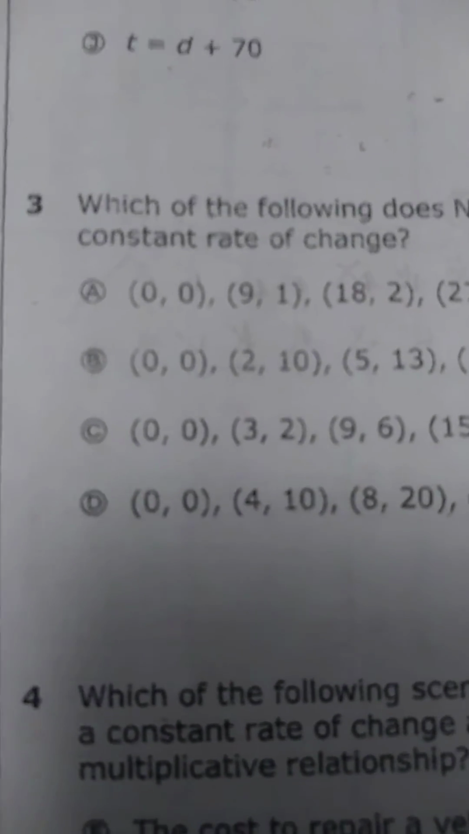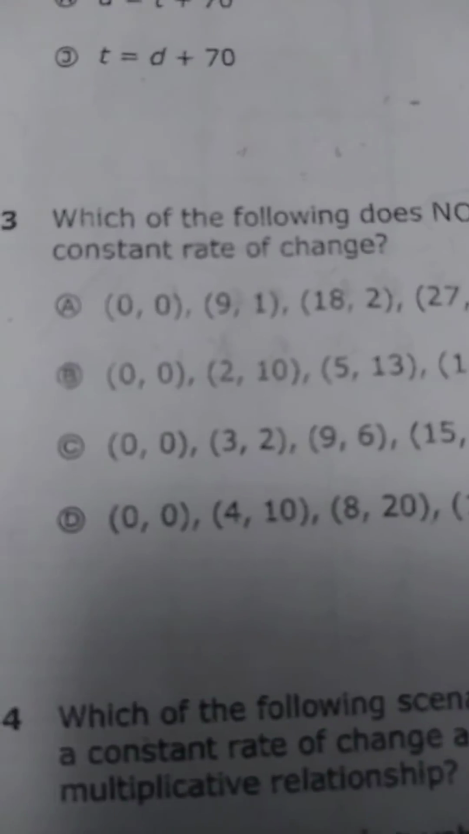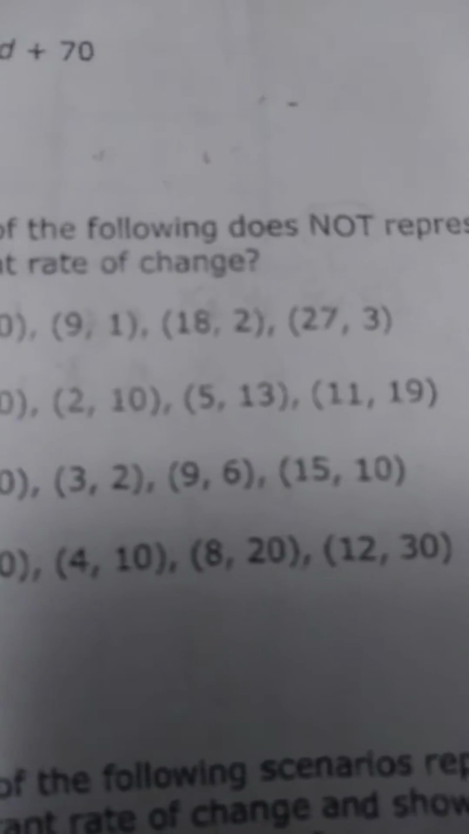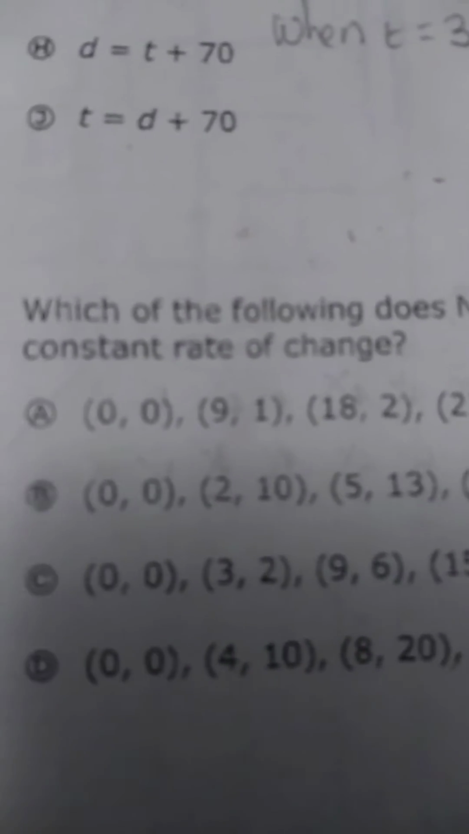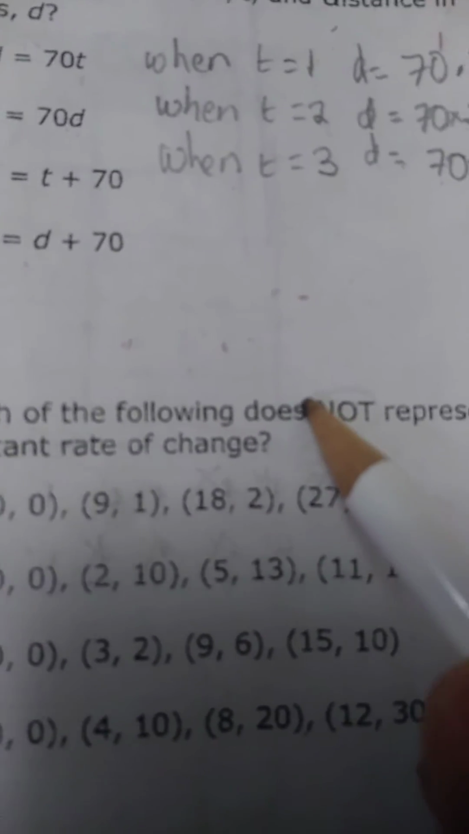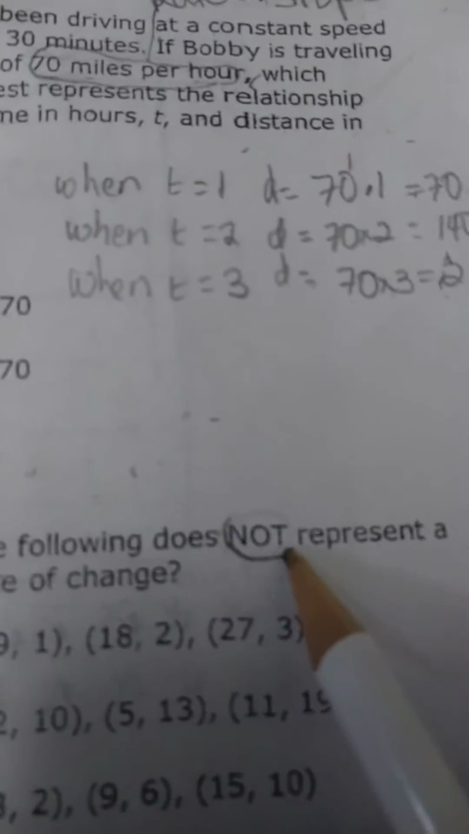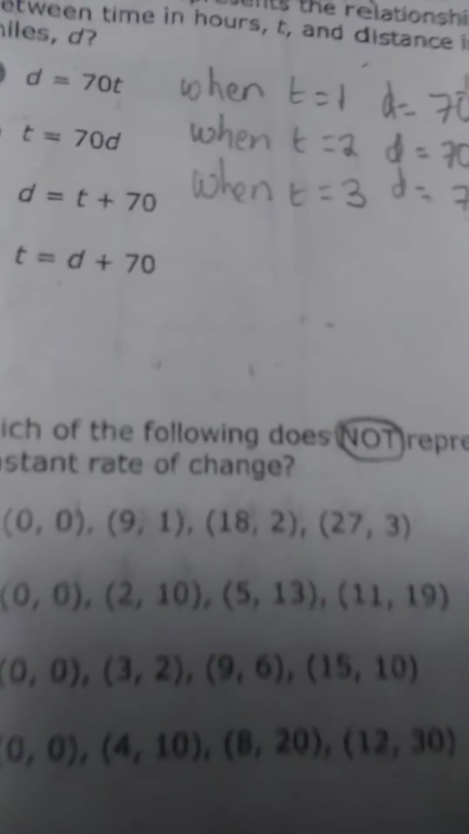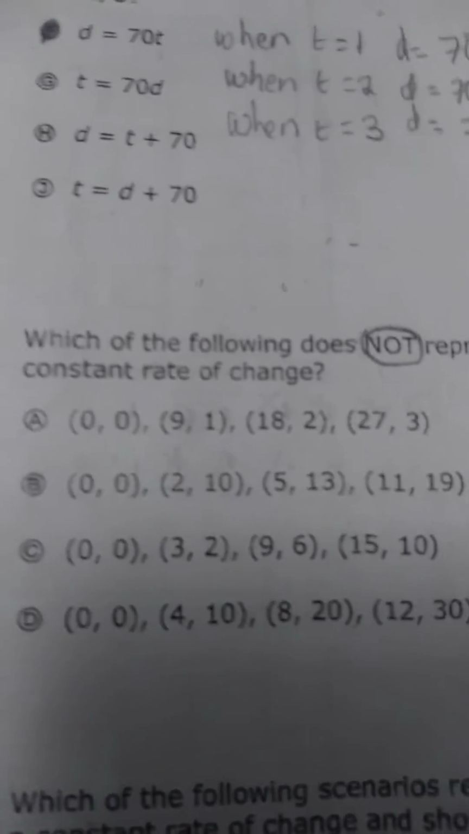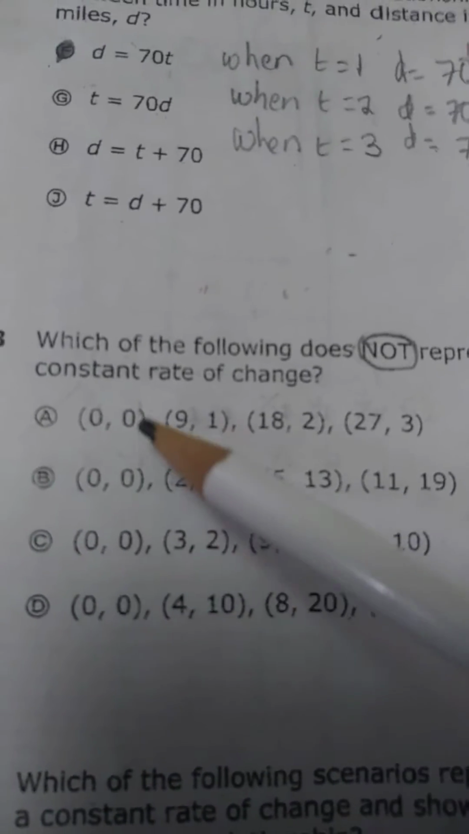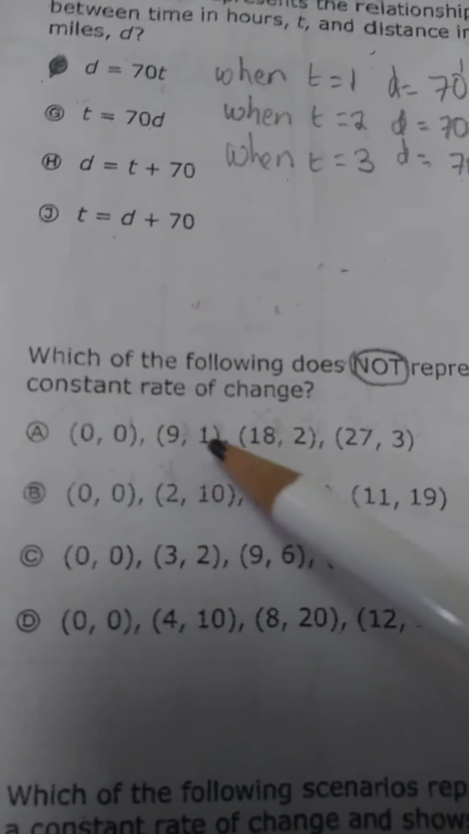Okay, so let's take a look at number 3. The question is asking, which of the following does not represent a constant rate of change? And the key word here is "not." So go ahead and underline the keyword or circle it. Okay. So we have all these ordered pairs, and we want to know which one does not have a constant